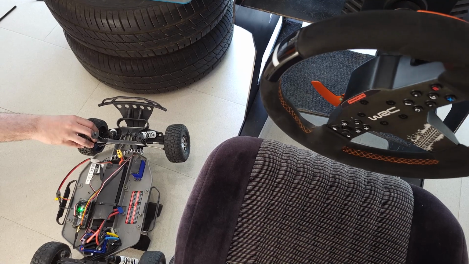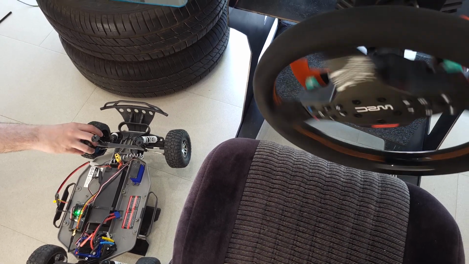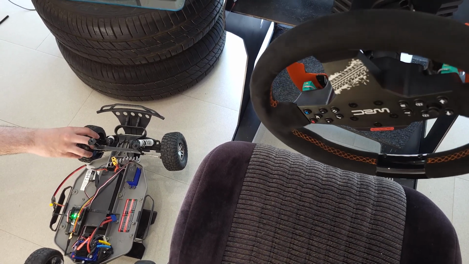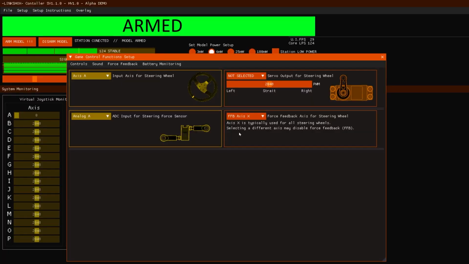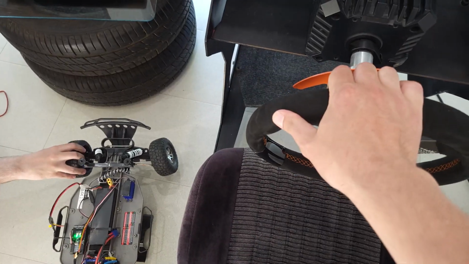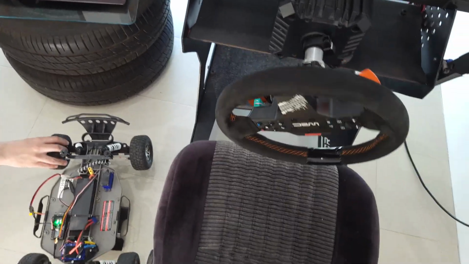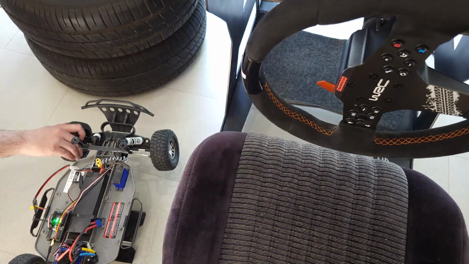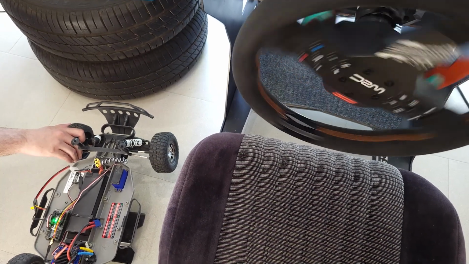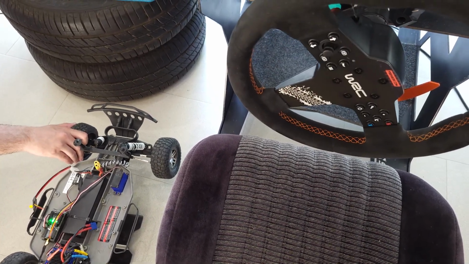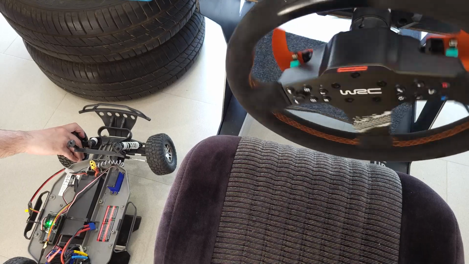Now we can apply gentle force at the wheels and see if the force is transferred to the steering wheel. The wheel and also the sensor are going to be animated in the application. We have to apply some force and see if the force is transferred into proper direction. If the force has inverted direction as here shown in the video, we have to invert the force by clicking